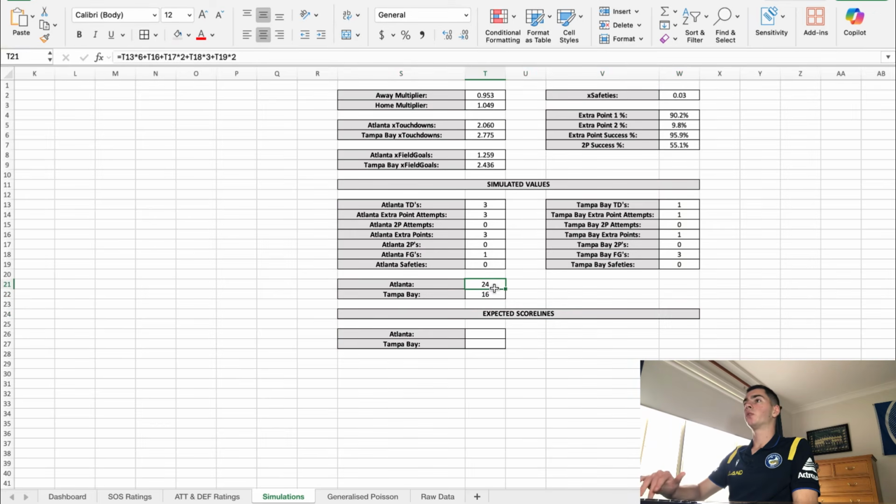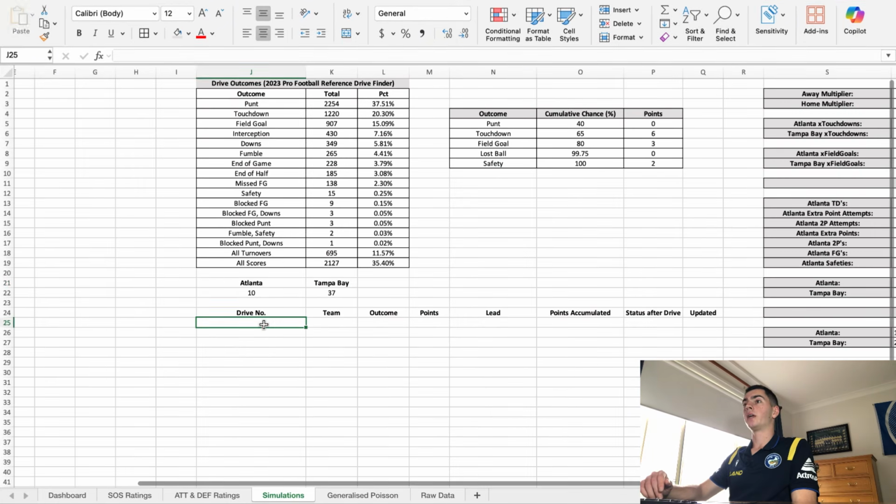Once both team scores are produced, they're compared to determine the winner. If the game is tied after regulation, I'll introduce a simplified overtime mechanism consisting of 3 possessions per team. Each possession's outcome is determined by a simple distribution, which I'll put in a table here, where a team punts